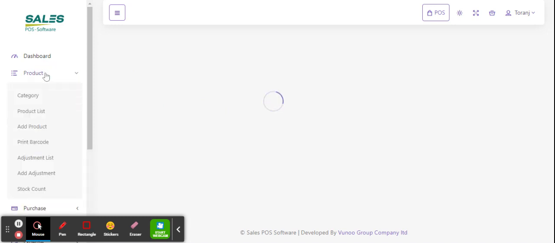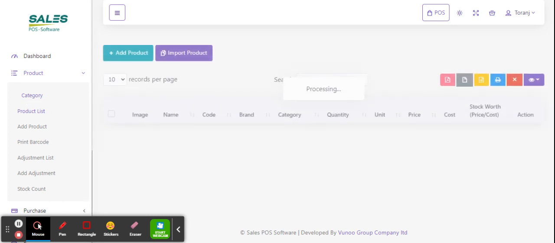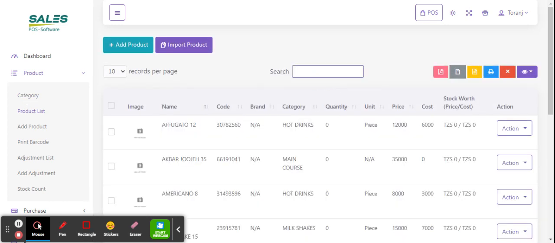You can see you have the product list, you have the add product and the category. So this is the product list where you can see all the registered products in your system. So you can search here if you want to see the product that you have added so far in the system using its name, and export the total number of the products in the system using these different formats. And you can still filter as I showed you in the